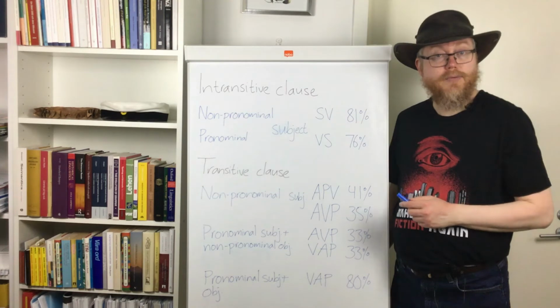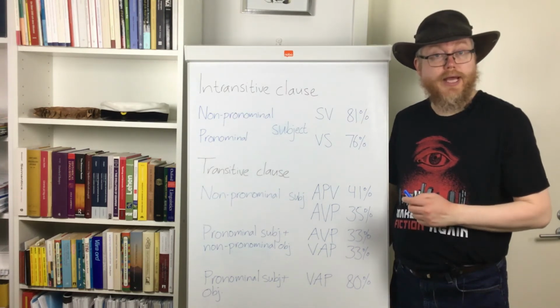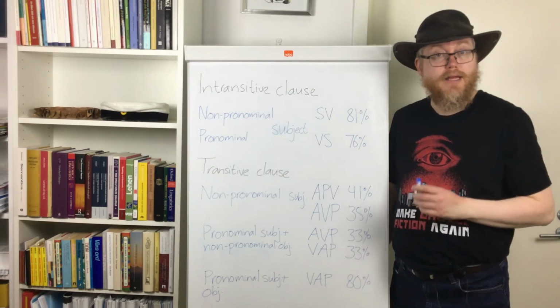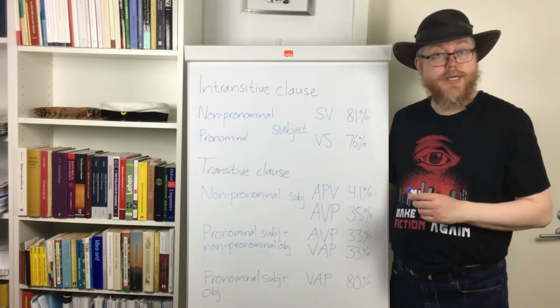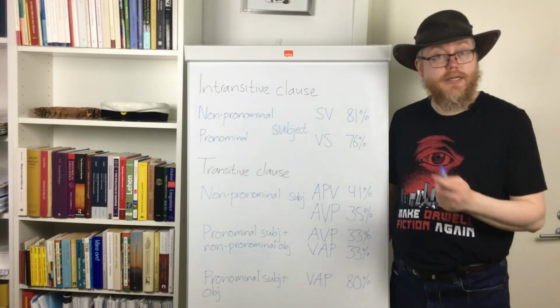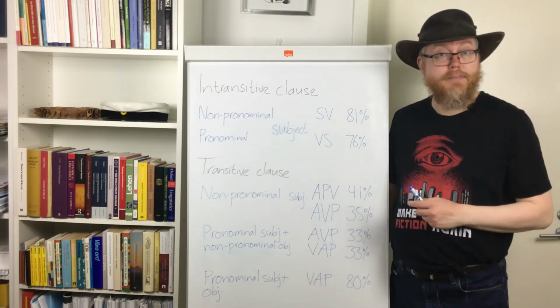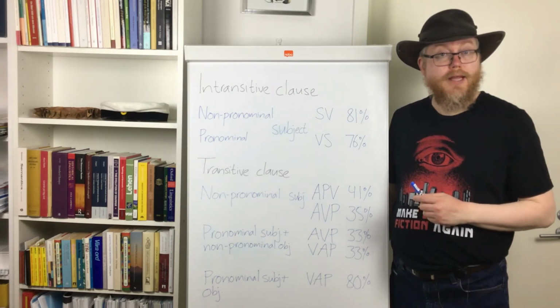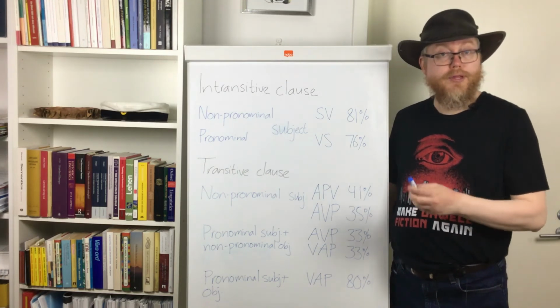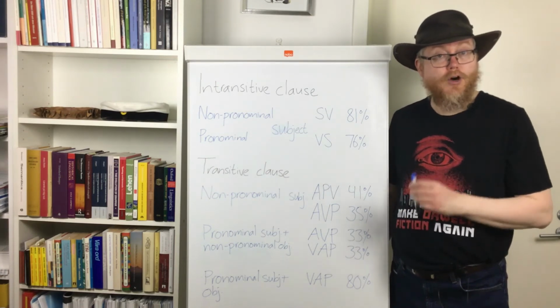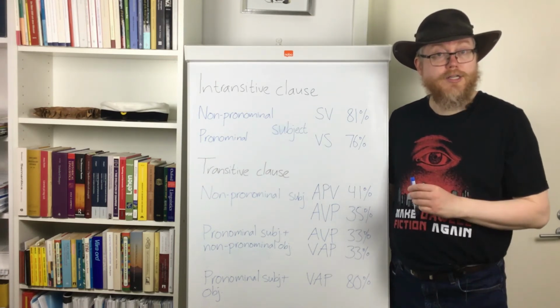In Ngarla, we don't have very much in the way of person marking on the verbs. Person marking on verbs is very common in languages in different parts of the world, and also very common in Pama-Nyungan languages. And in many Pama-Nyungan languages with person marking, you find that both the person of the subject and the person of the direct object are marked.